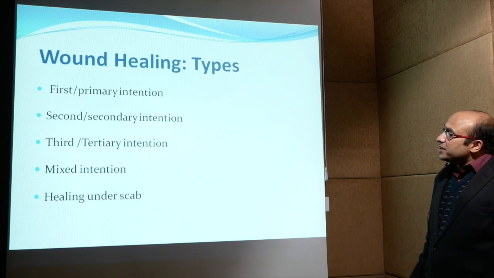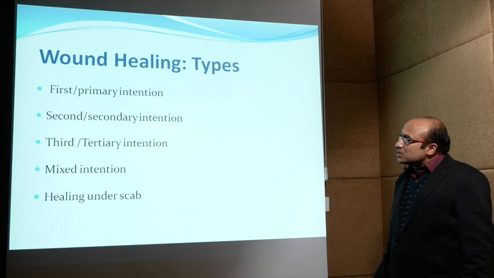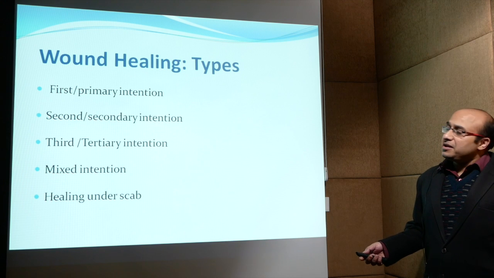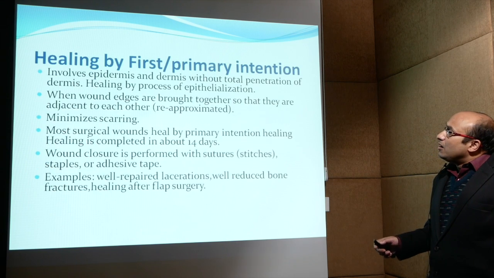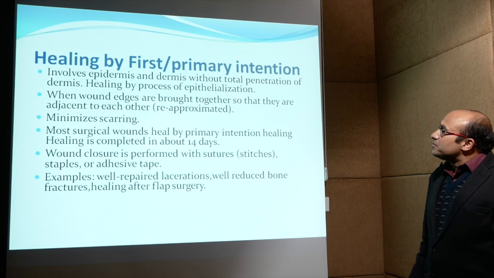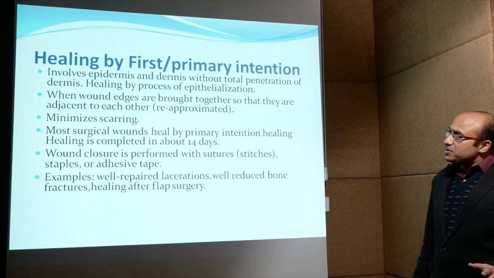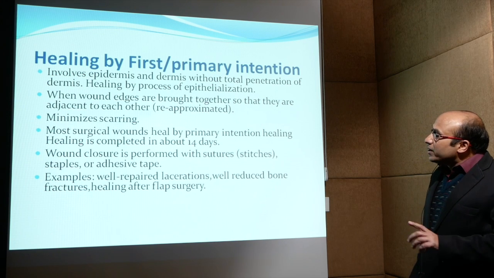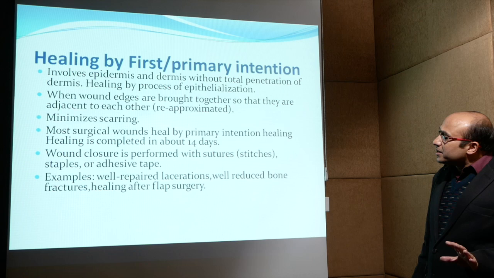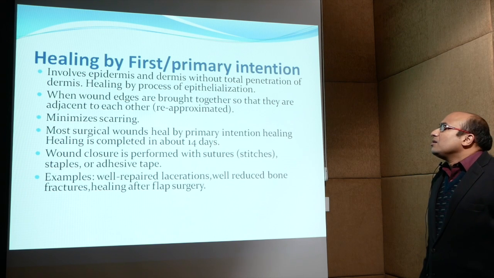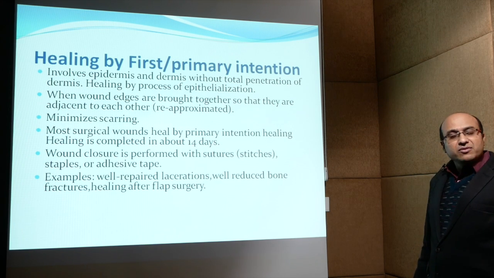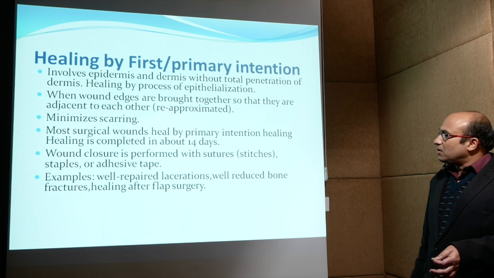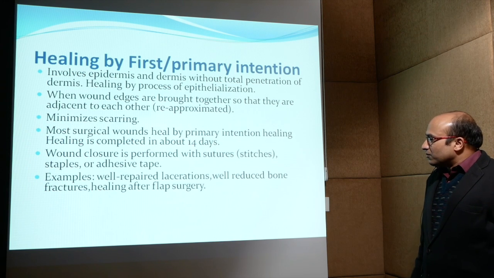Wound healing may be classified into 5 types: primary intention, secondary intention, tertiary intention, mixed intention, and healing under scab. Healing by first or primary intention involves epidermis and dermis without total penetration of the dermis, where healing is by the process of epithelialization. Wound edges are brought together so that they are reapproximated. Minimal scarring is there. Most surgical wounds heal by primary intention within 14 days. Wound closure can be performed with sutures or tapes or staples. For example, well-defined